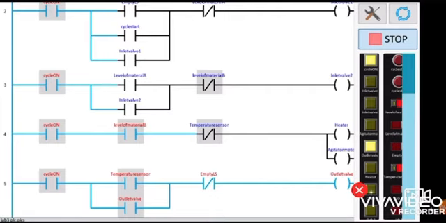So in order to stop the overall process for the network, what we need to do is turn off the temperature sensor. This means that if the tank reaches its predefined temperature, the process of the heater and agitator motor stops. So that's for network 4. Now we are moving on to the fifth